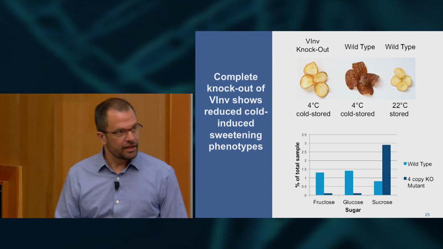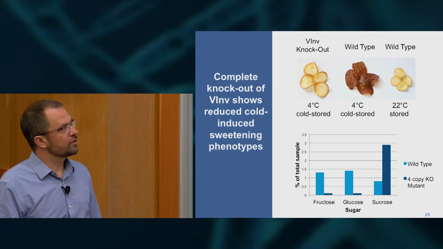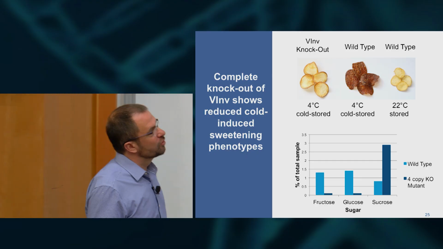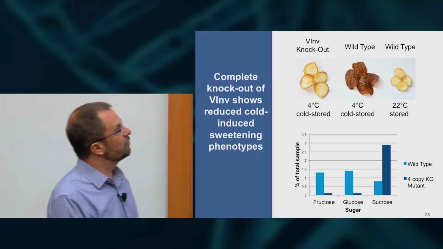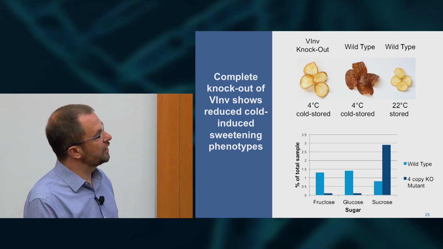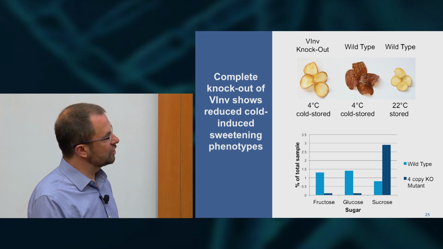Of course, that plant, those quadruple knockout plants, only produced a few potatoes. But we quickly took one of them and put it in the refrigerator for a couple weeks and made potato chips. So here's our knockout potato, stored cold for 2 weeks at 4 degrees. Here's a wild type potato. These were chipped and fried at the exact same conditions, and you can see the caramelization that results from the production of these reducing sugars.